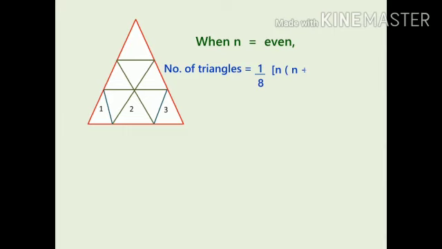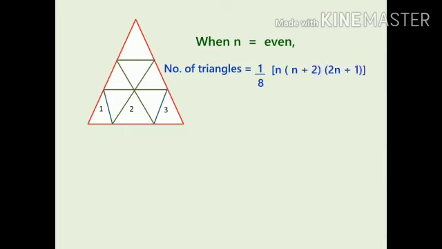So another method what we are going to see is the formula method. It's the same pattern what we have seen before. Here also we have to see the number of triangles in the base. So depending on the number of triangles in the base, there are 2 formulas. When the number of triangles in the base, that is n, is even, we are having a formula. Here comes the formula. Number of triangles is equal to 1 by 8 into n plus 2 into 2n plus 1.